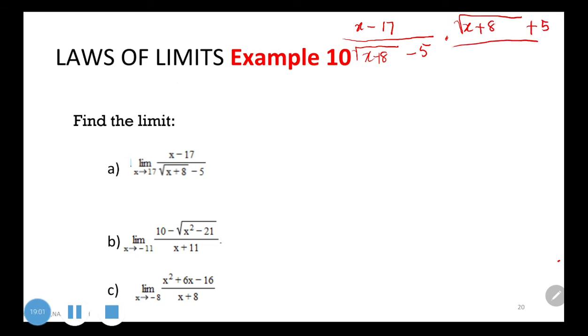So for the conjugate, the sign should be reversed. Since this is minus, so this should be plus 5. However, the symbol inside the surd here should not be changed. Okay, and then